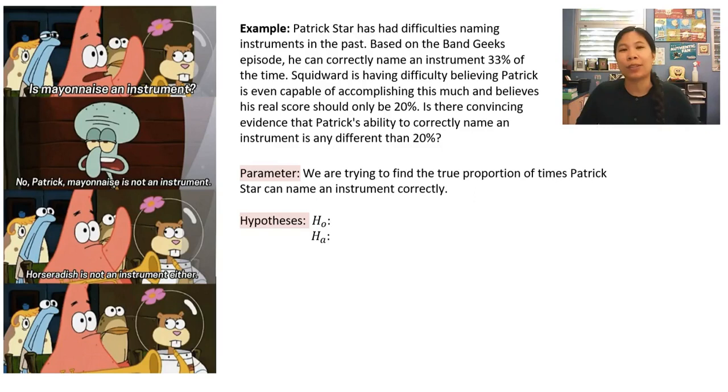So when we write our hypotheses, remember we have the null hypothesis and the alternative hypothesis. And we need to make sure that our symbols and numbers are always talking about a population parameter, like the proportion or the mean that we're claiming, and not from a sample. In this problem, we are given two percentages, so we need to determine which one is the one to use. This 33% is just talking about this episode in general, and the 20% is like Patrick Star's overall abilities. Because we're talking about the overall abilities as more of a population, the 20% is the number to use